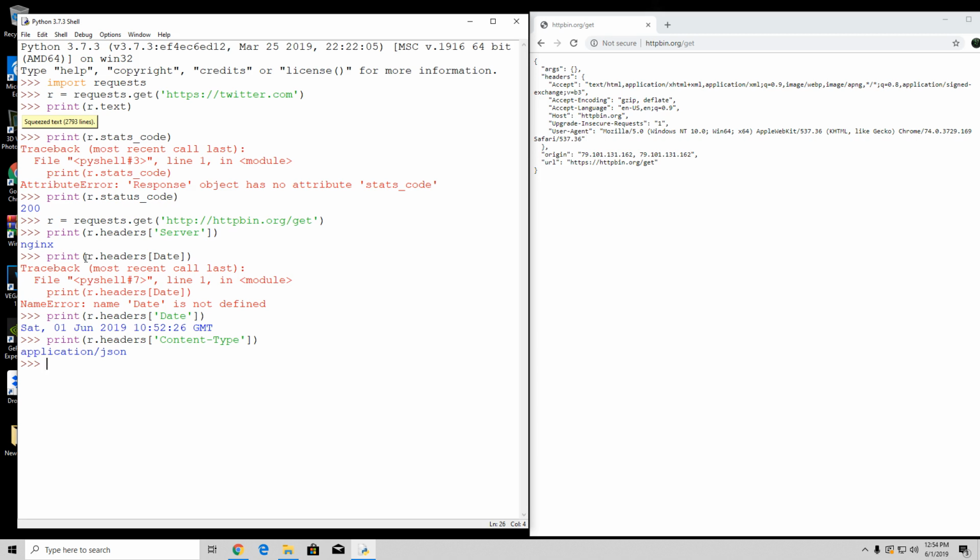Now, similarly, let's try to access the response value. So the above header shows that the response is in JSON. As we can see right here, it says content type and application JSON. Now the requests library comes with one built-in JSON parser, and we can use it to parse it as a JSON object. So we can do something like this, requests